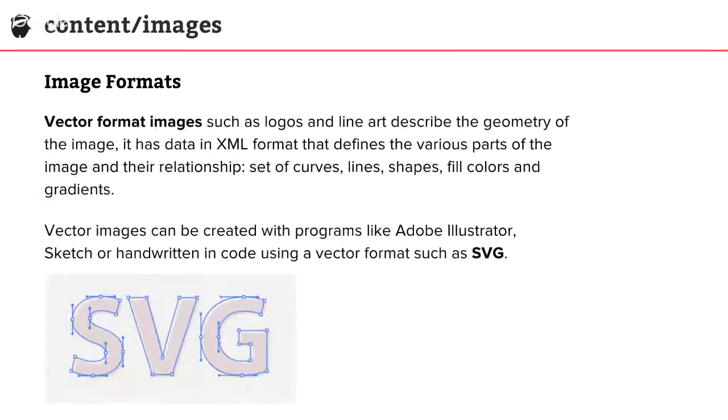And another image format that's really important for us is the vector format. So the difference is that a vector describes the geometry of the image. It also has data in XML format and defines the various parts of the image and their relationships. So we know exactly the set of curves, lines, shapes, and colors that are used. And we can create this kind of image with Adobe Illustrator, Sketch, or even with handwritten code. And one of the names of this format is SVG,